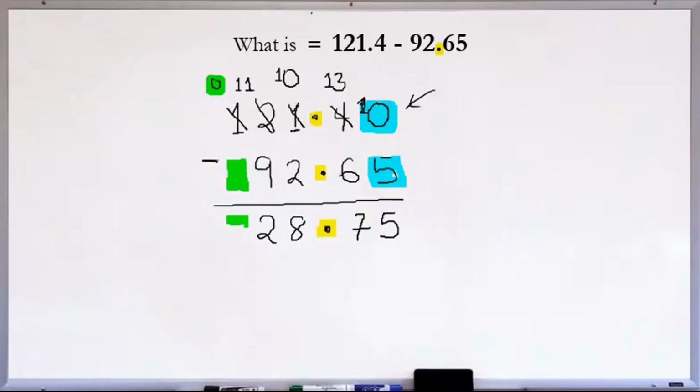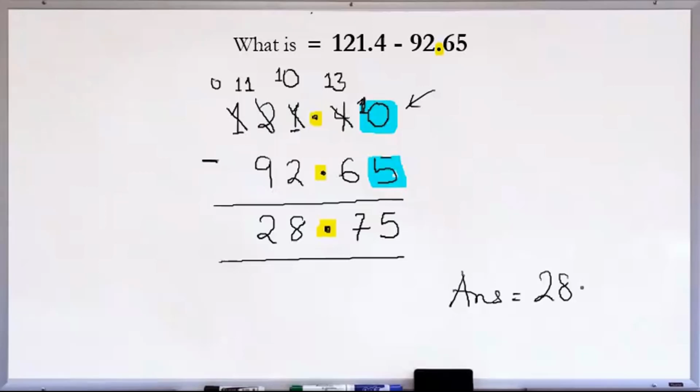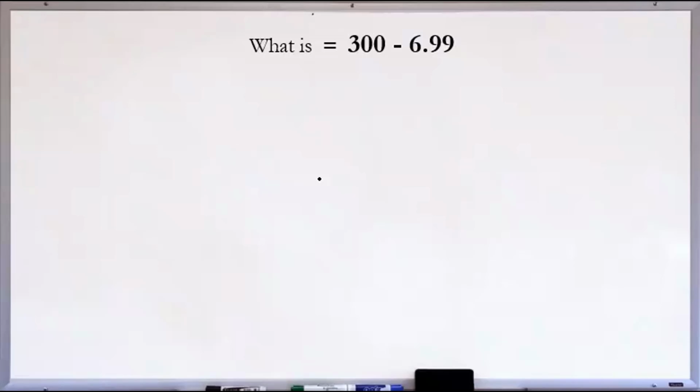So we don't bother putting anything here. We don't put it here. So we will say that we're sorted. So our answer is 28.75. Let's drop this off. We don't need this really. Okay. So our answer here is 28.75. Excellent. What is 300 minus